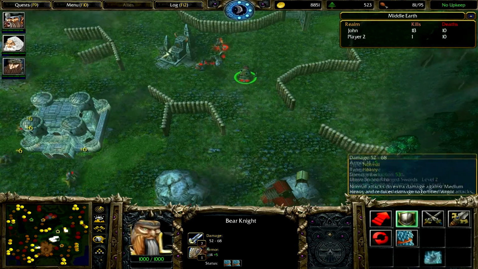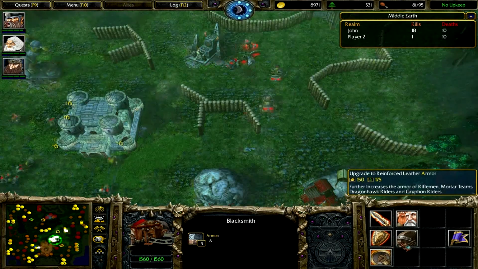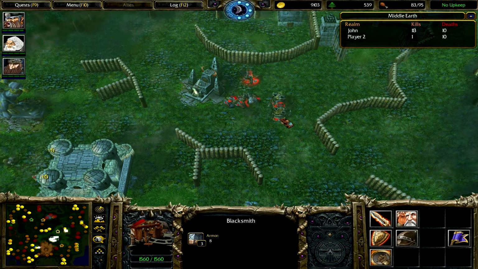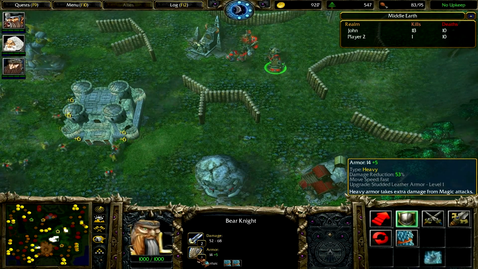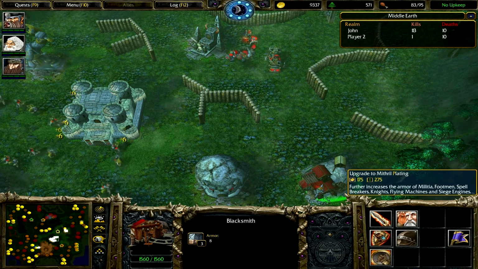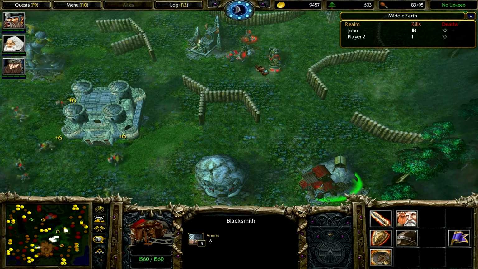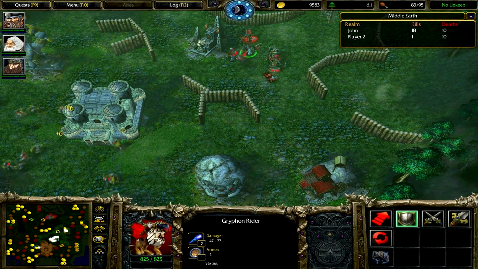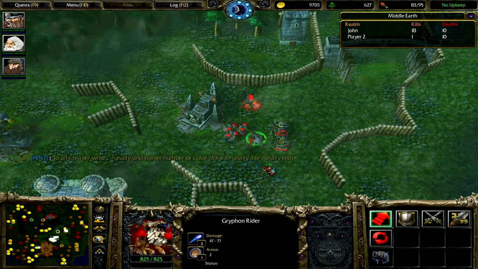Wait, why is he not... Sorry, I need to check something. Why is the Bear Knight affected by leather armor, can I ask? I think he should be affected by the other melee unit upgrade, right? Because this one is for ranged units, such as the Griffin. I don't think that he has too much leather armor. I mean, maybe he does. But...